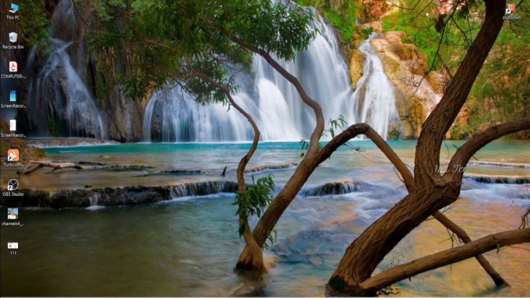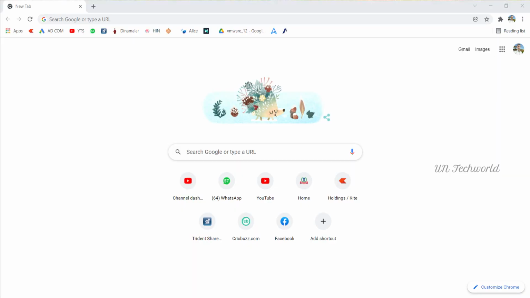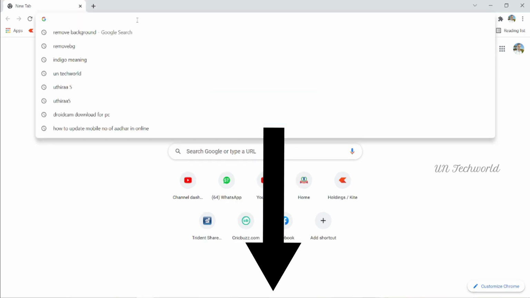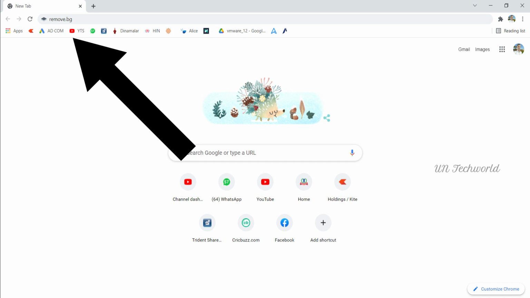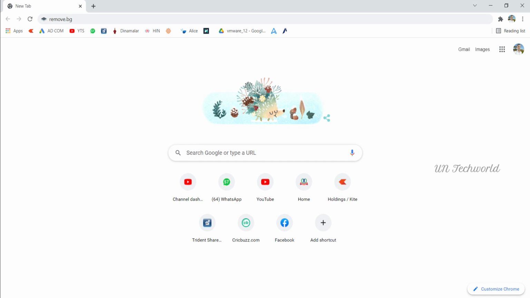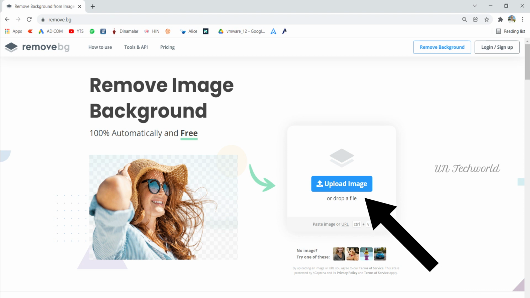Now I am clicking on Google Chrome. Here you can enter one simple URL. This URL is available in our description. You may click on the URL and access it. Now I am entering the URL, remove.bg, and hit enter. Here you can upload the photo by clicking upload image, or you can drag and drop